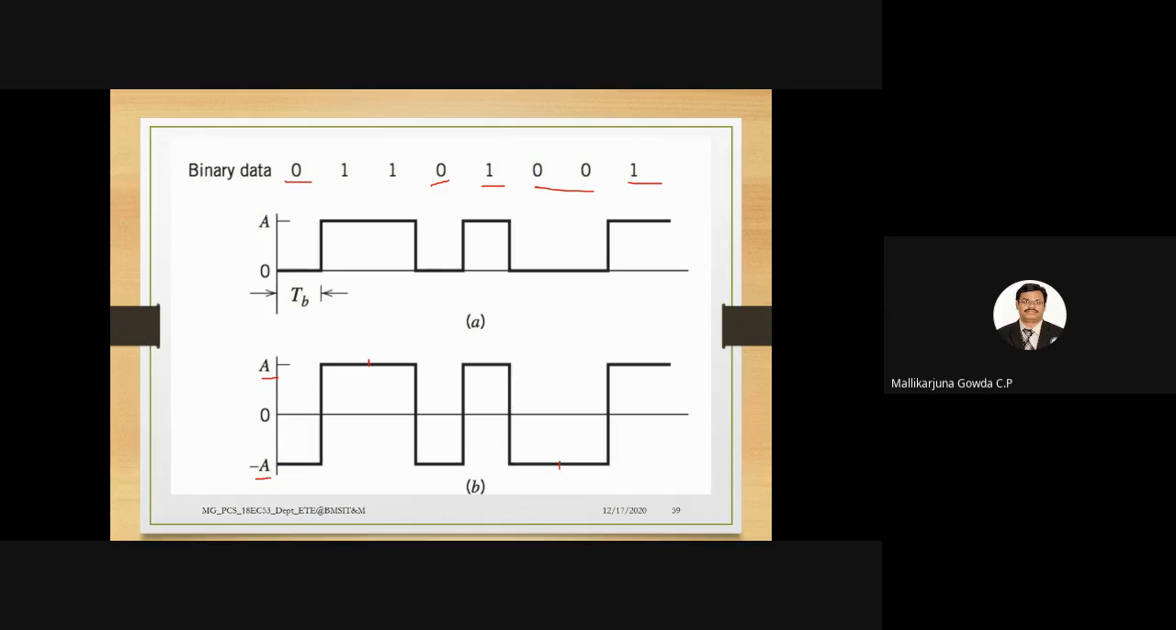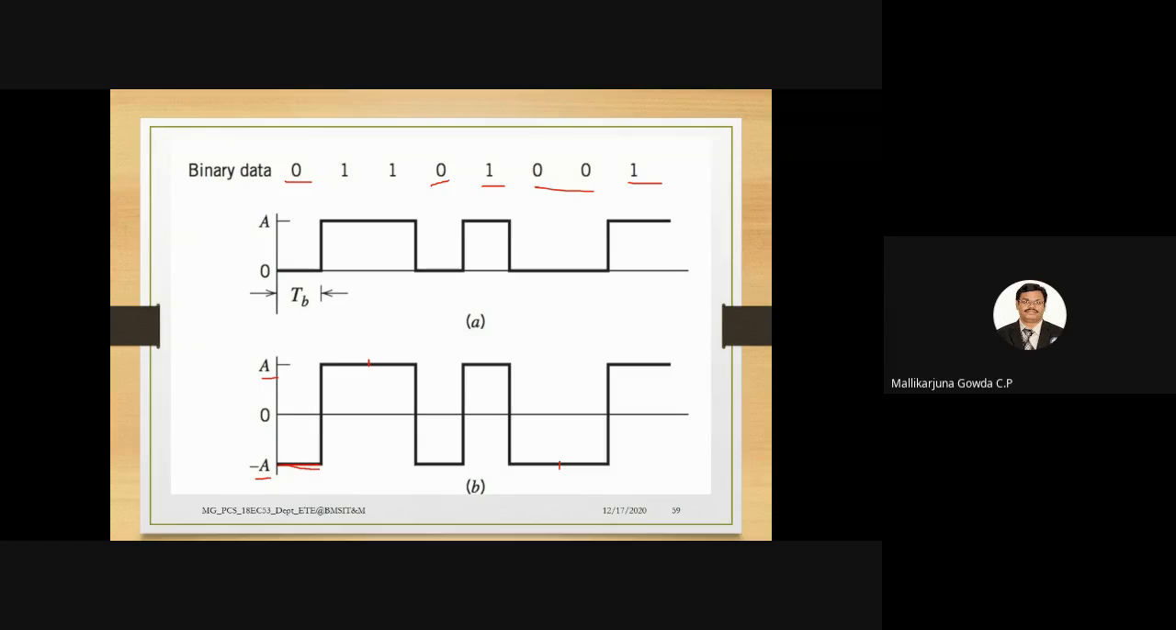If I want to write polar return to 0, I hope this point is clear. Whatever I have shown as of now is polar NRZ. Non-return to 0 means it will be occupying the entire bit duration. If I want to write